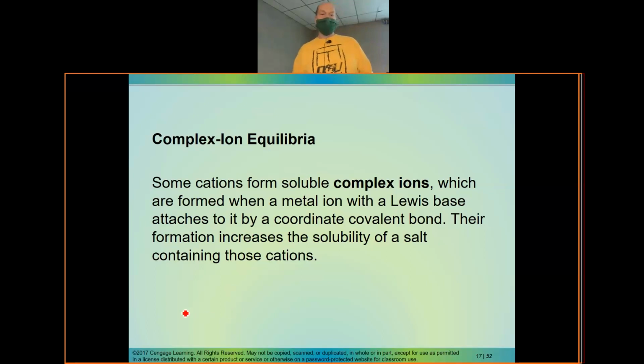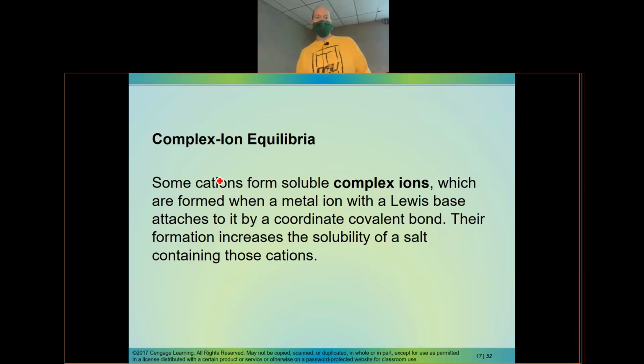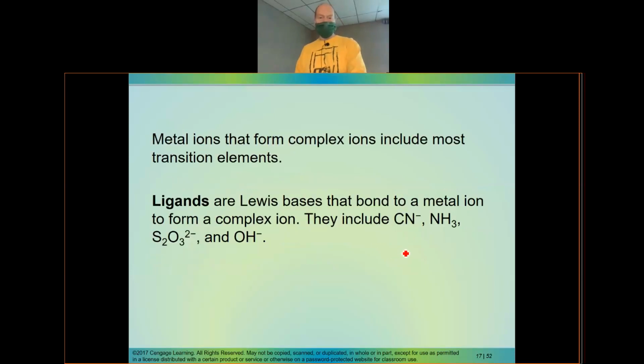All right, so when we make a complex ion, we are going to have a metal cation and a Lewis base, and they are going to combine to form a complex ion. All right, and so they have an ion, and remember that all ions are aqueous, and so they are soluble. They will be a part of our K value. And so the one we're going to deal with today, a very common one, is your Ag plus reacting with two